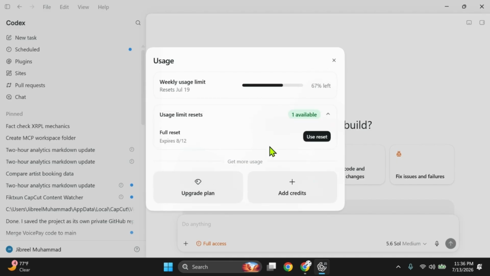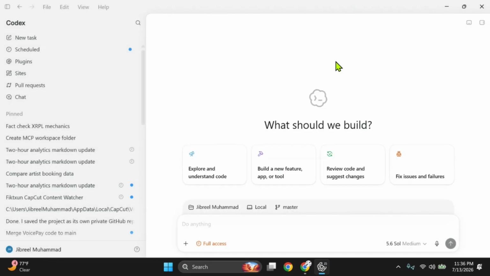And right now, I have a usage reset available for me, but it expires April 12th. So if I use all of this usage before the 19th, which I've got 6 more days, I probably will, I'm just going to hit reset usage, and it's going to top me back up all the way with the amount of usage.